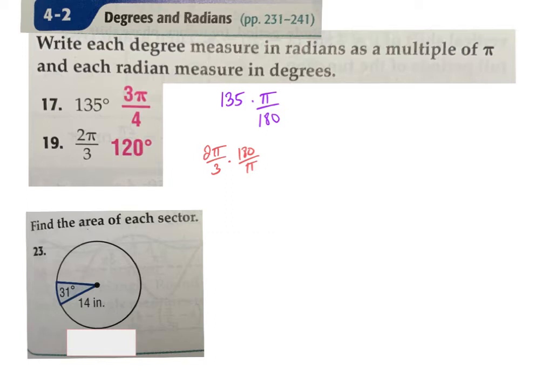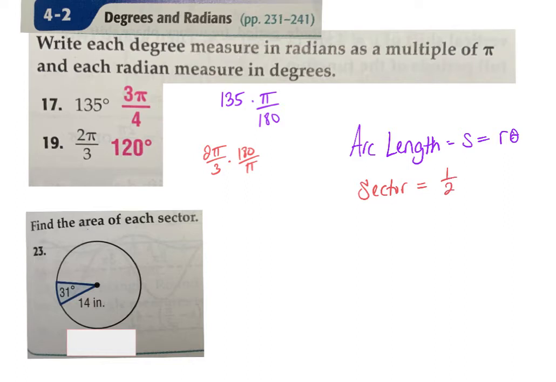We did 2 types of problems here. We did arc length and area of the sector. What is my arc length? Arc length, what is that formula? R times theta. Theta, and specifically theta has to be in radians, right? And then sector,